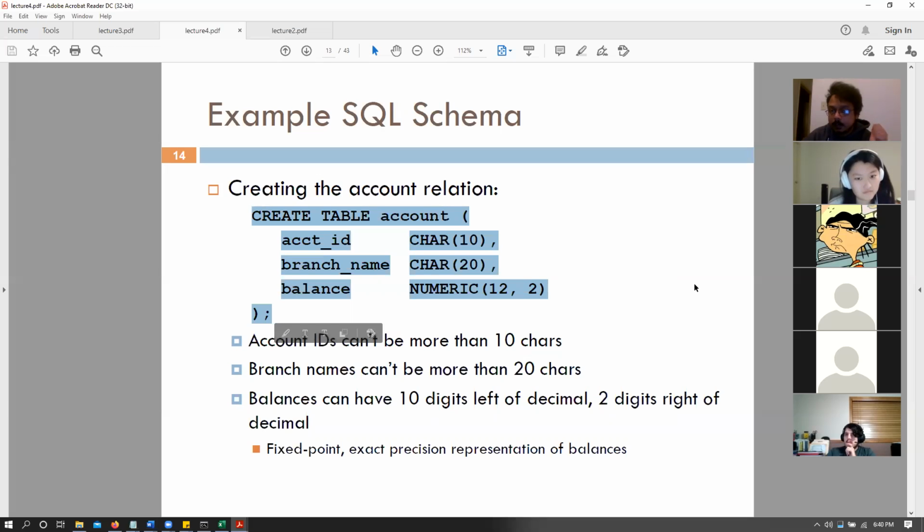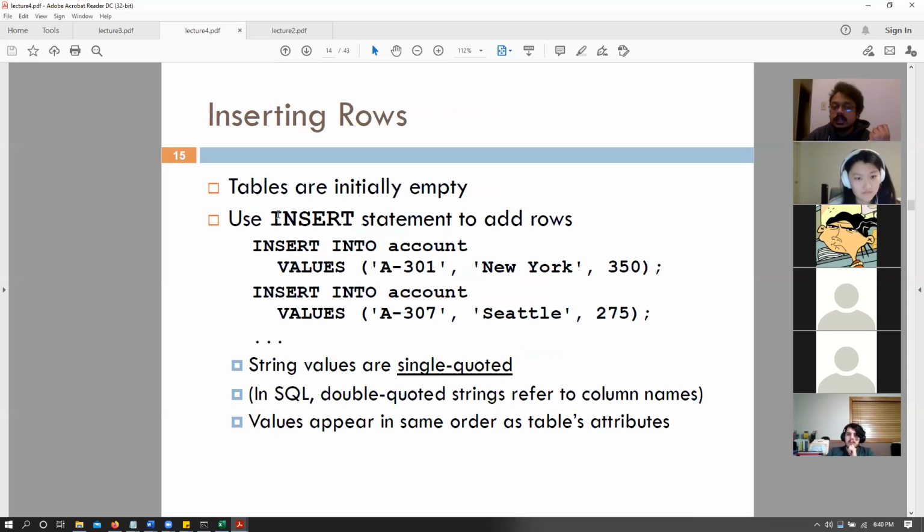So let's now talk about inserting data to our table. So we had account ID, branch name, and balance. So we can use the keyword insert to insert into our account table. So that goes as insert into account values. Then we maintain the same attributes that we have in our table, that is A301, New York, and